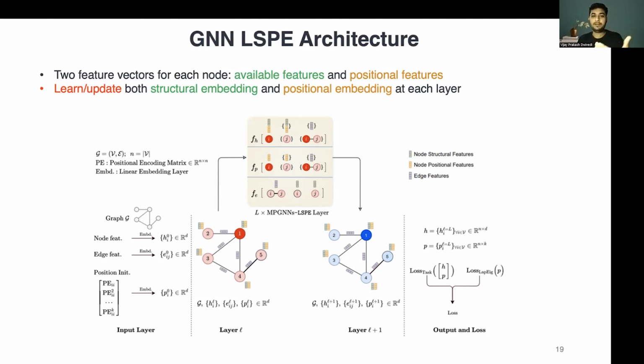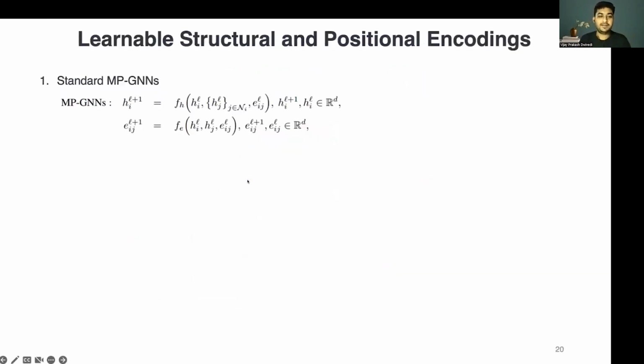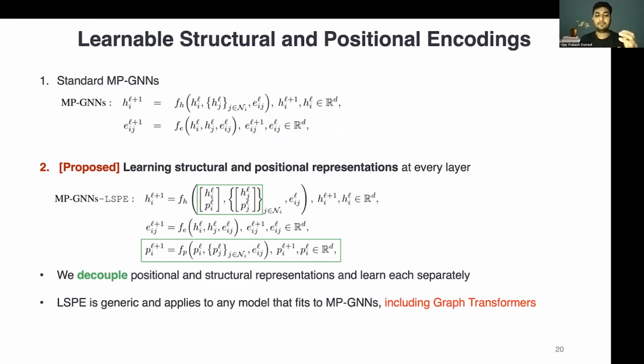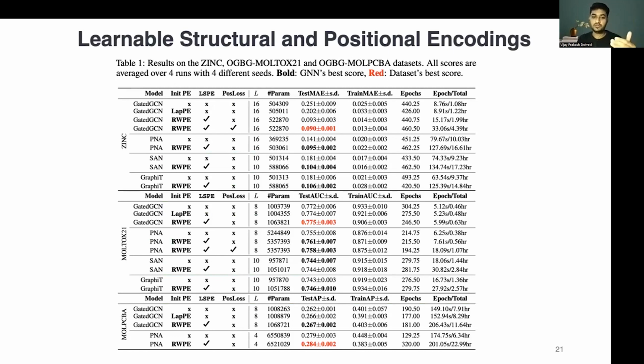This is a way to decouple and learn these two kinds of information separately, and it applies to any message passing neural network or graph transformer for the same reason. It just involves adding a different positional update module, which has different learnable parameters, and including this information with the node features at each of the layers. With this small change, we can apply this to any model that fits into the message passing framework. When we try different test examples, SAN, the spectral attention network, and Graphormer, these two are transformers, and the other two are message passing GNNs.